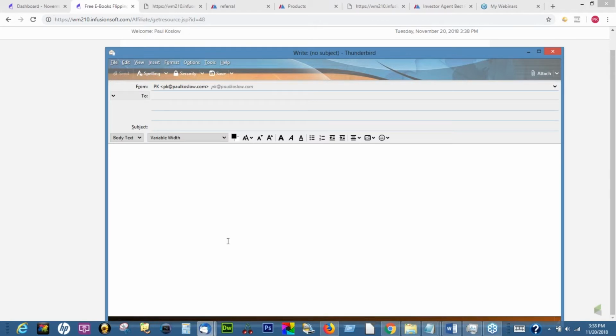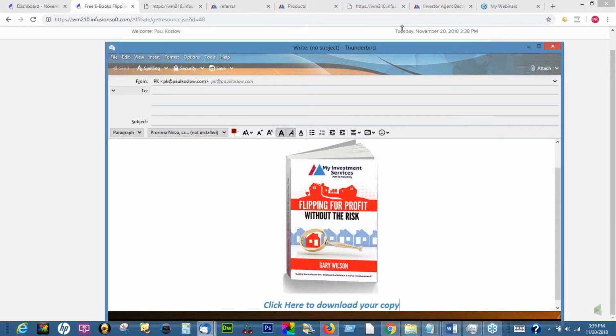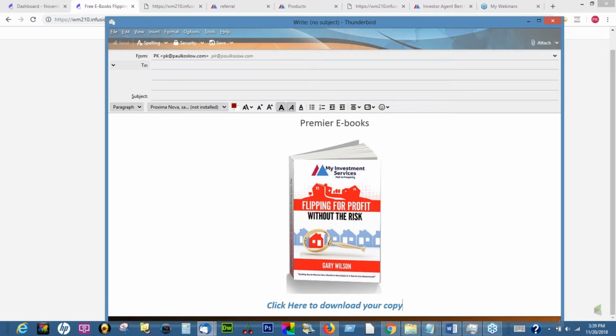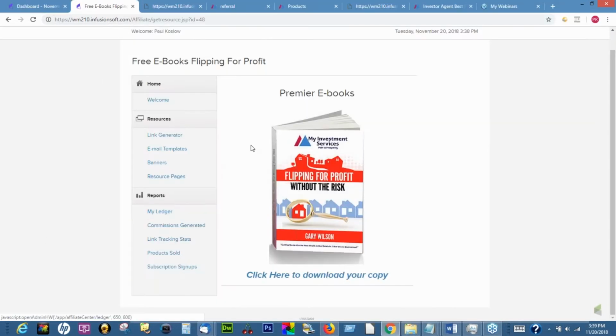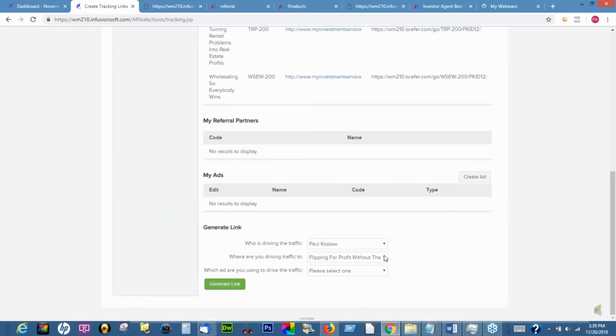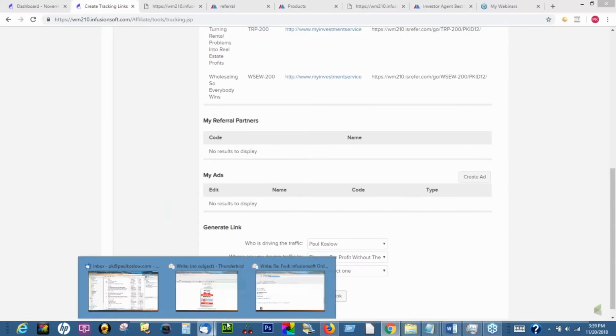And if I paste, it just automatically goes into there. So of course you'd want to put some copy and the reason why you're sending this over to them. But you'd also want to use this in conjunction, building it up. So if I'm looking at, okay, we're on flipping. Then if I go back to link generator, I go down here, here's my flipping, generate link, copy link address. I know I go quick, but